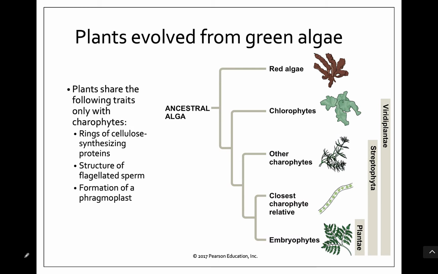Plants are most closely related to algae, and we believe green algae. Here we can see plants. The embryophytes are our true plants. And the closest relative to them are the charophytes, which is a type of green algae. And we believe that this is the sister relationship because of the following characteristics that they share. So both charophytes and embryophytes, right here, would have all of these characteristics.